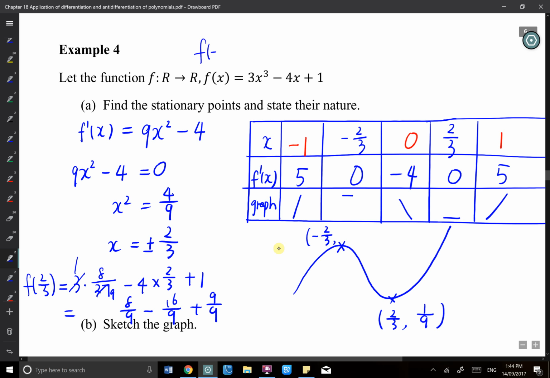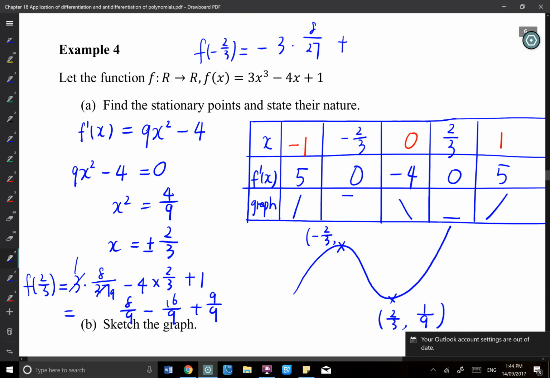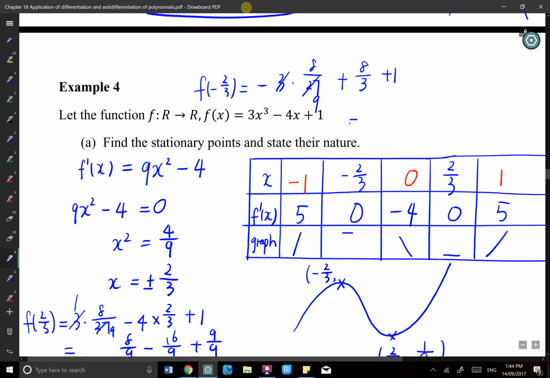And f(-2/3). That's negative 3 times 8 over 27 plus 2/3 times 4, that's 8 over 3, plus 1. That's 9, that's 1. That's negative 8 over 9 plus